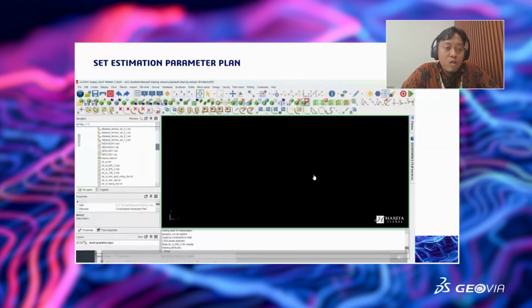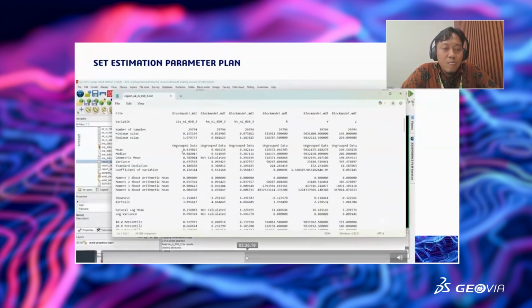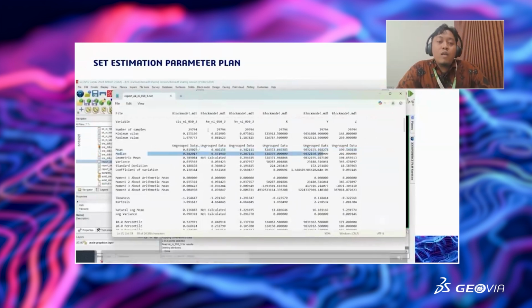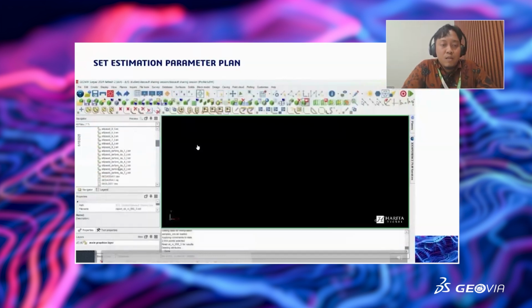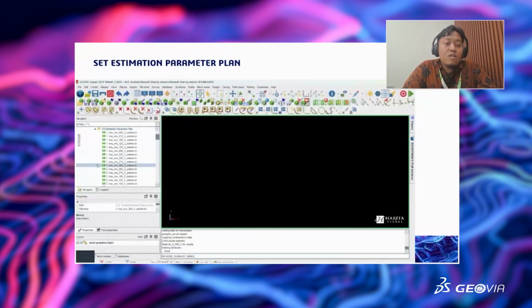So it will produce the TCL, the notepad here, to report our estimation for 50 and 3. And this is the statistic that we will use to define our estimation parameters for the KNA: the CBS, Kriging efficiency, and Kriging variance.